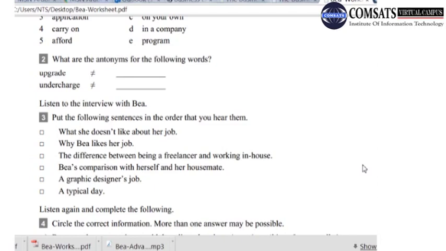Dislikes. I'm afraid I do not like having to deal with technology. Technology is not about appearance. Every time there is an upgrade to whatever, whether it's hardware or software, so many other things have to change at the same time. It takes nearly a week to get back up to speed to where I was before. So it feels like a downgrade. So that's the hard part. The other thing I also don't like doing is keeping track of my hours and invoicing, because you have to be very, very careful. You don't want to overcharge your clients, and you don't want to undercharge either. So you have to keep very careful records.